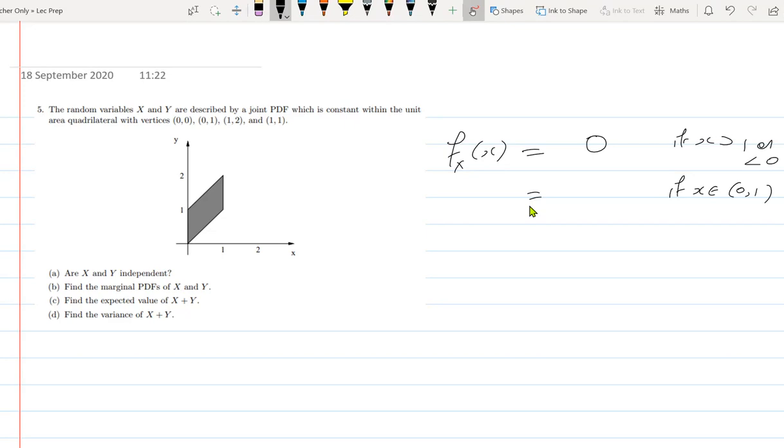So the total area has to be equal to 1, right? So if you look at the joint density function, just like we had joint distributions, we can also have joint density function of x and y. And this thing is basically constant on this parallelogram. If you integrate this over x and y, dx dy, this has to be equal to 1. And this integral is basically the area of the parallelogram. So what is the area of the parallelogram? How do you compute the area of a parallelogram? Is there a formula for it?